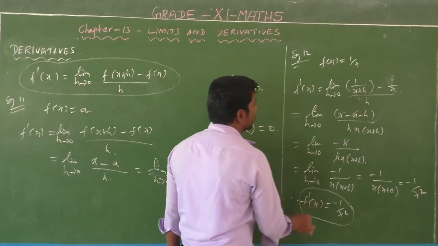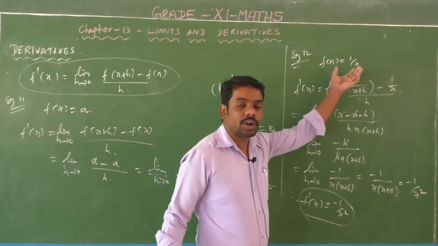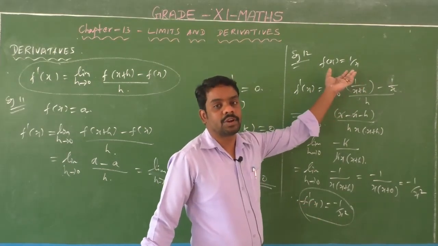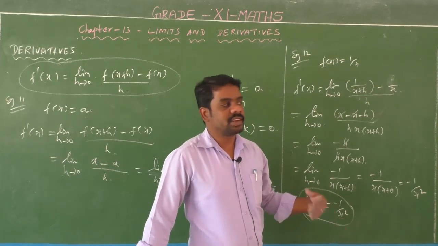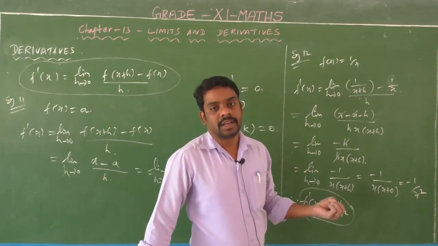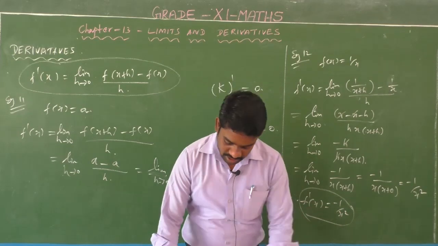So therefore if f of x equals 1 by x, the derivative of this function 1 by x is equal to minus 1 by x square. So differentiating 1 by x, the answer is minus 1 by x square. Okay? Right. Next